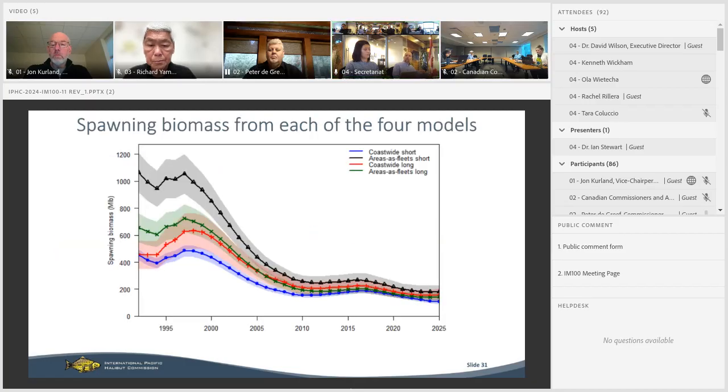So this is the result, the estimated spawning biomass time series from each of the 4 stock assessment models. You can see that although the scale differs considerably, especially as you go farther back in time, each of these 4 models estimates that we were at or near a biomass peak sometime in the late 1990s, that the stock declined fairly steeply through around 2010 or 11, and then increased gradually until about 2016 or 2017.